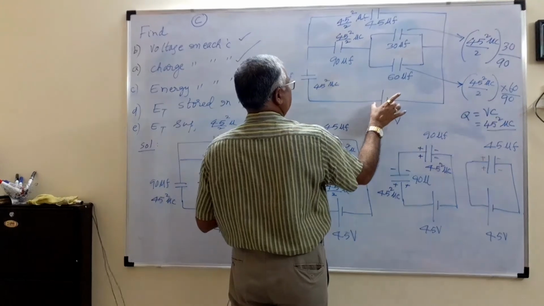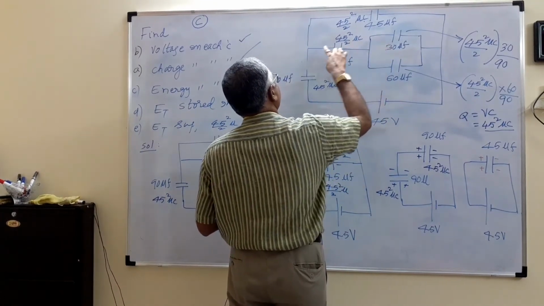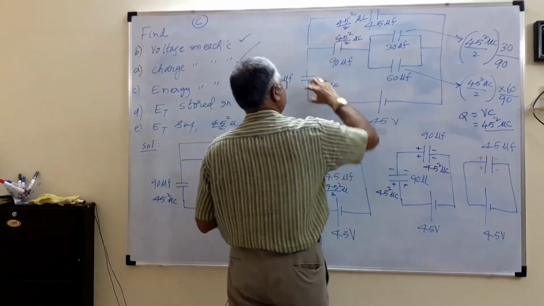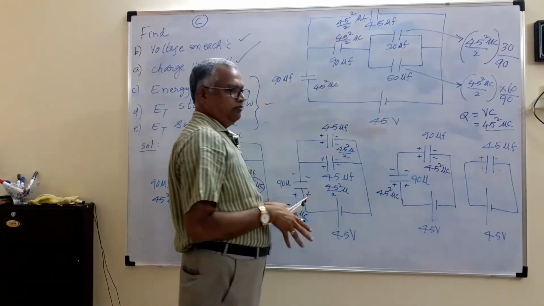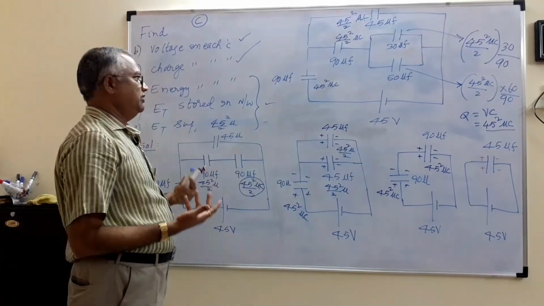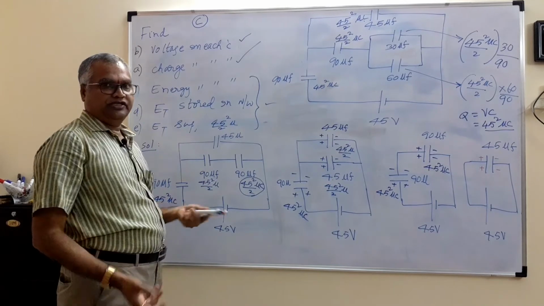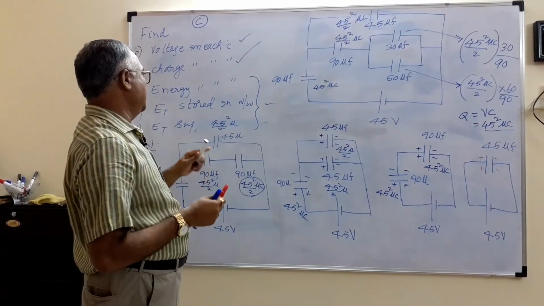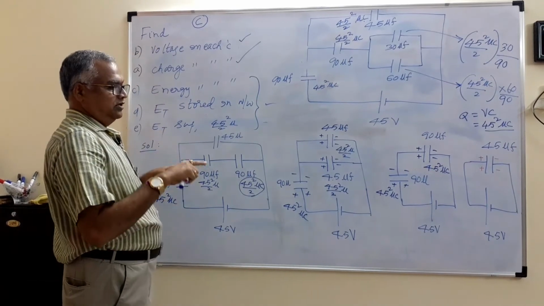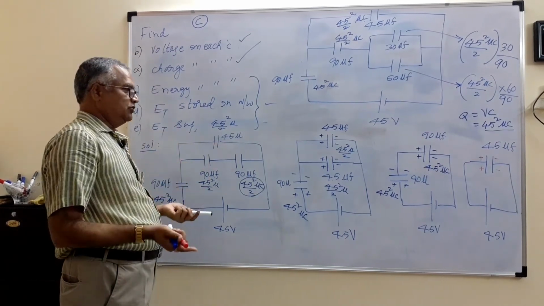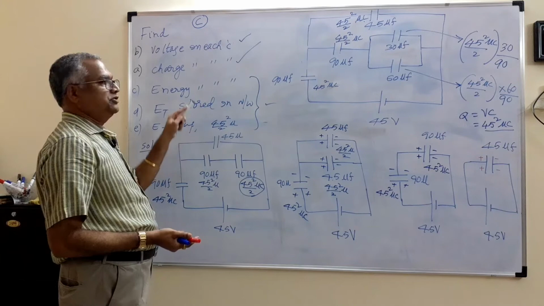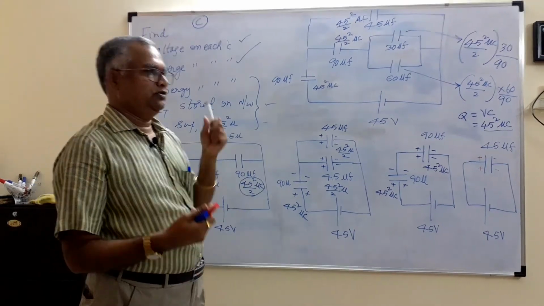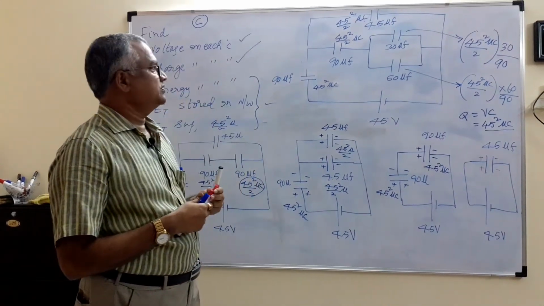So how many positions are there? 1, 2, 3, 4, 5. That means we are moving the source around the problem. Then series parallel will change, answers will change. Don't worry about all the answers, just check them with the help of the laws. Voltages in the loop should be 0, and energy supplied and energy stored should be equal. Like that you verify all the answers.